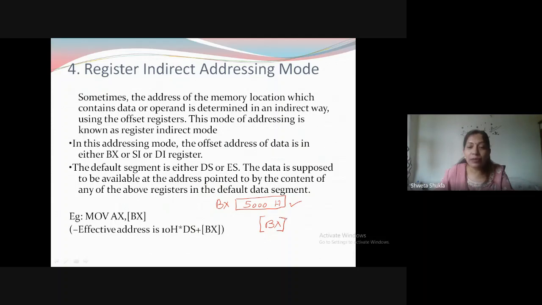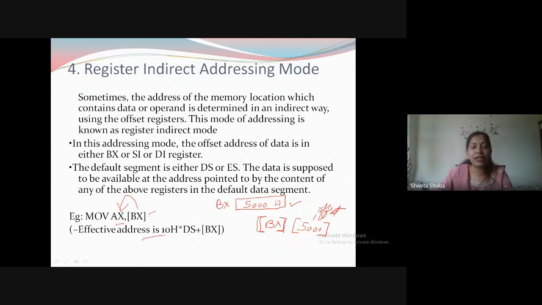Now they know that this BX is in the square bracket, so that means the value, this 5000, is an offset address. Okay, remember this. So now they will take this as an offset address and not as data. Now you are transferring an offset address to the AX register, from here to here. Because this is the source register and this is the destination register, this is how it happens.